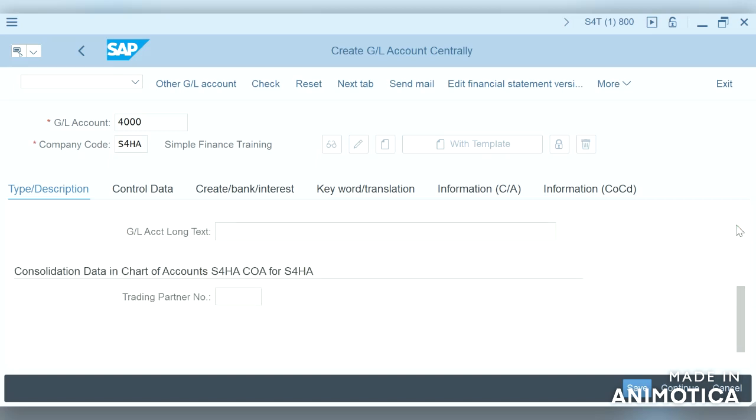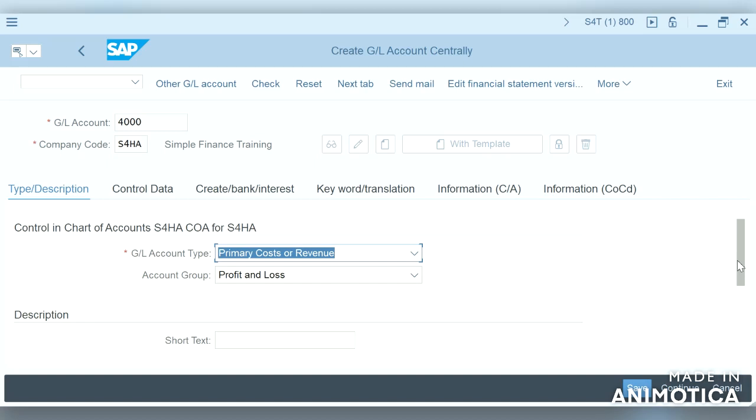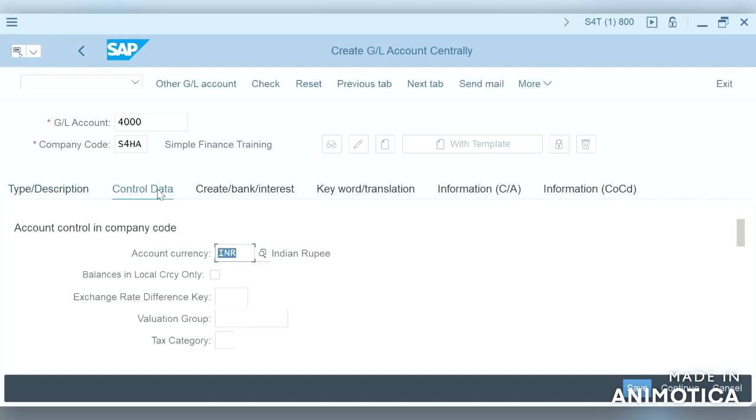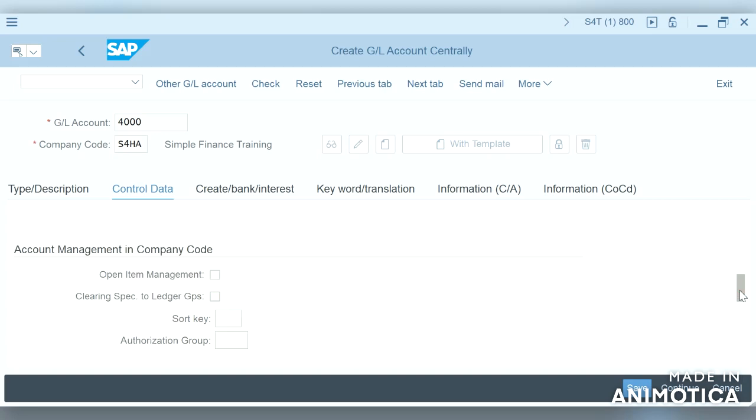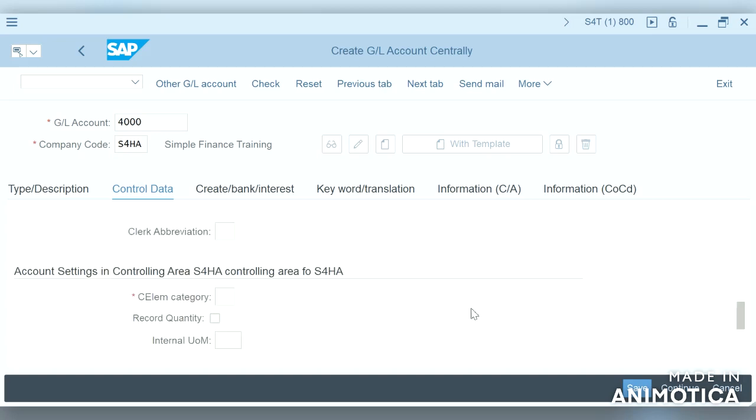And what is the GL text? Short text. Let us create rent expenses, and go to control data. If we see in control data, cost element category is newly populated.